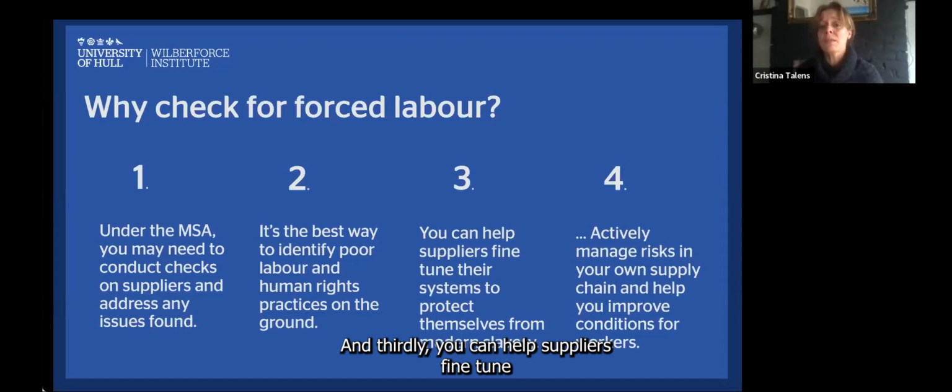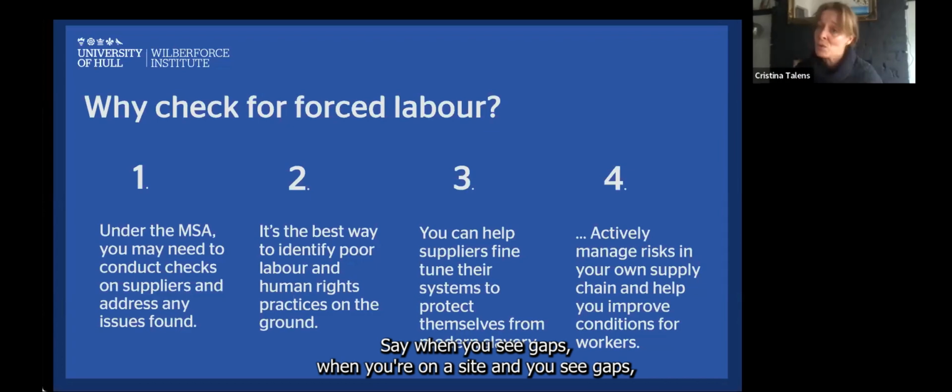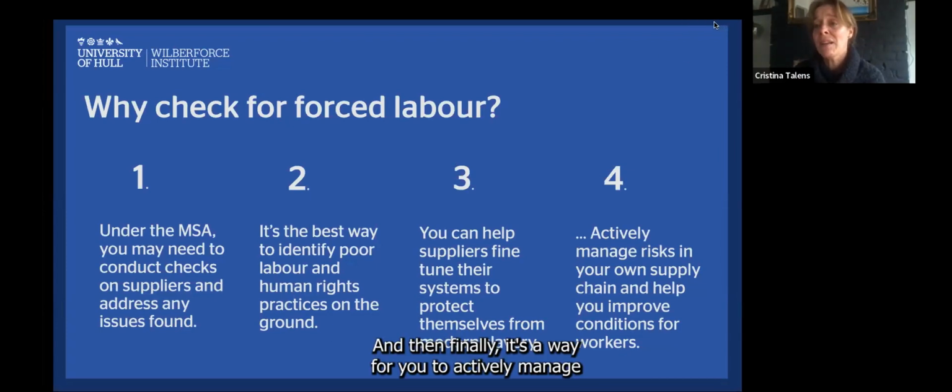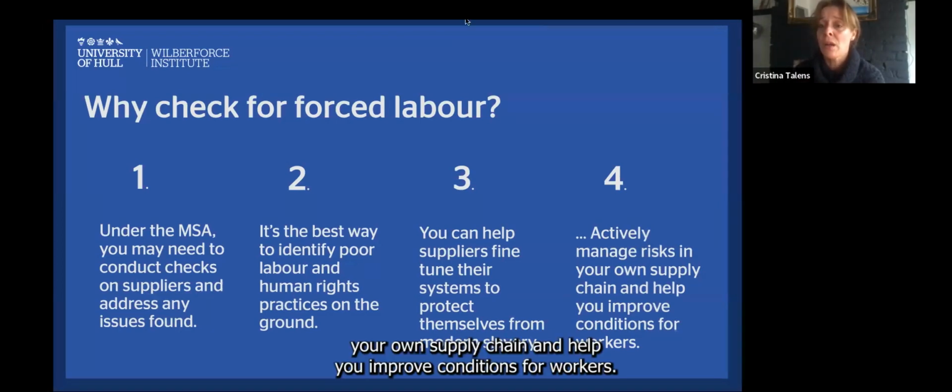Thirdly, you can help suppliers fine-tune their systems to protect themselves from modern slavery. When you're on a site and you see gaps, you can give them recommendations about how they could be addressing risks. And then finally, it's a way for you to actively manage your own supply chain